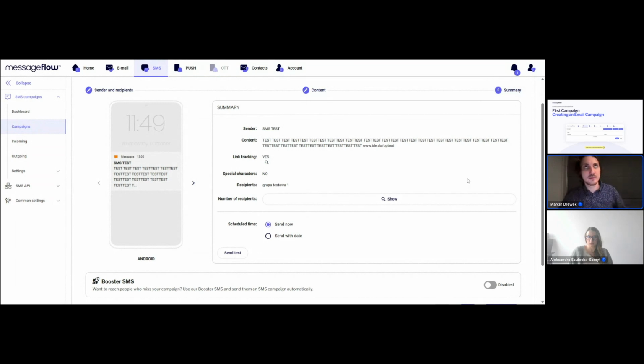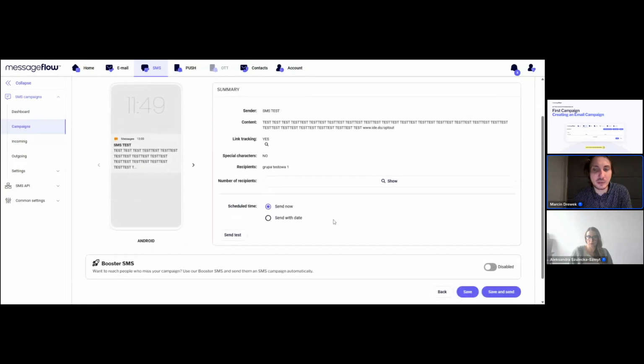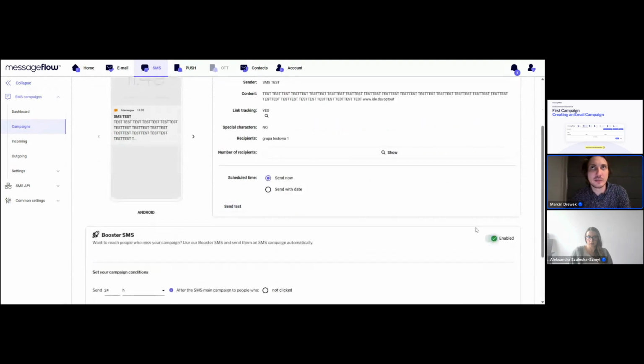We can just use some communication channels as an additional way of getting to some customers. So, for example, we can use the booster that's displayed at the bottom of each campaign. On the SMS, you can use the booster only as an SMS, but emails can provide you the ability to send messages to people that, for example, didn't show any activity on the email, for example, didn't click